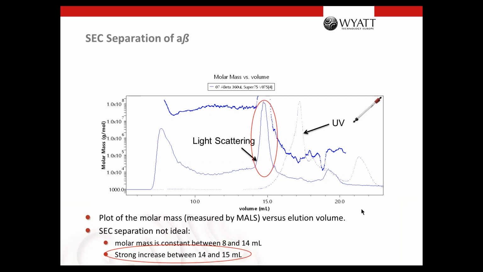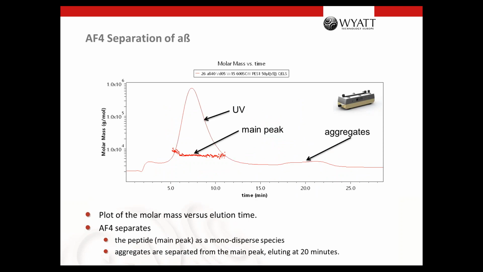And then we decided to measure this peptide, which has a molar mass of roughly 4,600, with the FFF channel. And when you do so, you suddenly see, indeed, a monomer. We have a very nice monomer peak here. We have a very flat, monodispersed molar mass. And so that's a really reasonable separation of the amyloid beta. And you see here the UV trace.